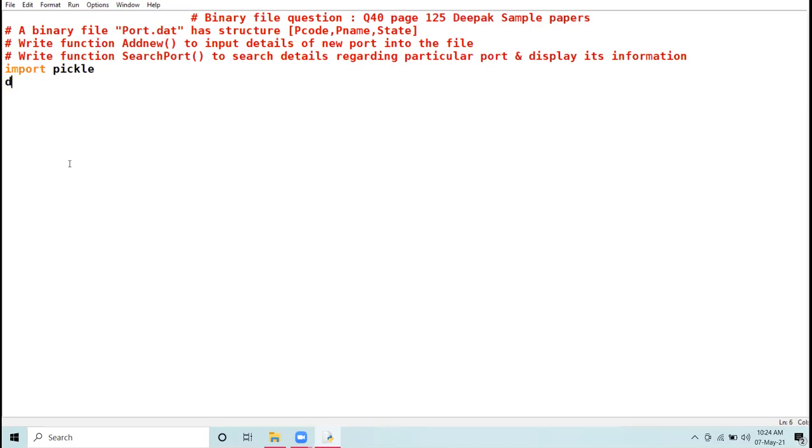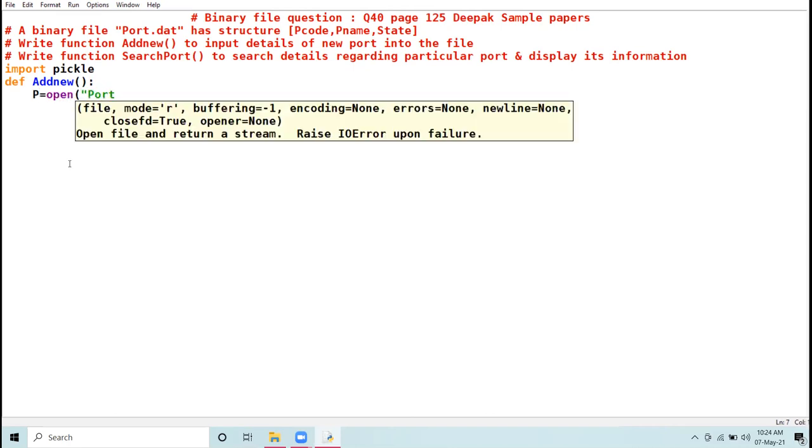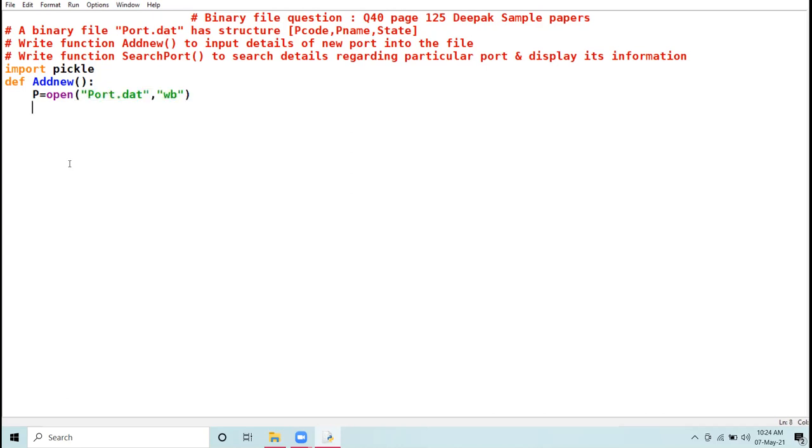All right. First, I am making the function add new. I'm going to create the file. The file name has been given port.dat, and since I'm working with a binary file, I'll be taking WB mode.